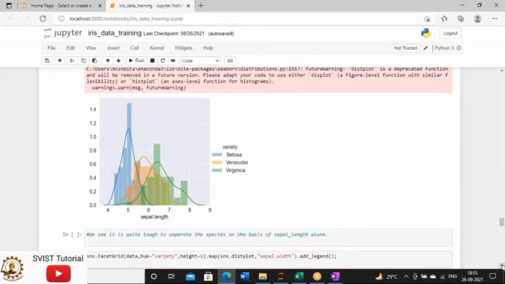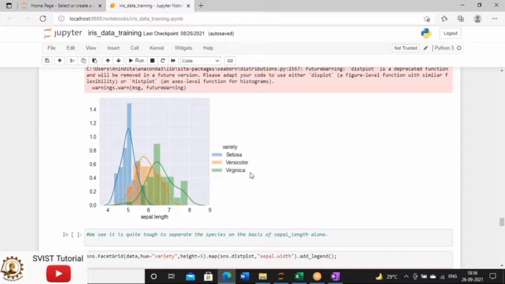You can try out this kind of plot for all the features available to you. If I use sepal length, then again the same thing. With sepal length, we will not be able to separate these three species properly because they are very much overlapping in nature. The sepal length of an Iris flower of these three species is very similar; they look exactly alike, the length of the sepal is almost the same for the three species. So do not use this feature.